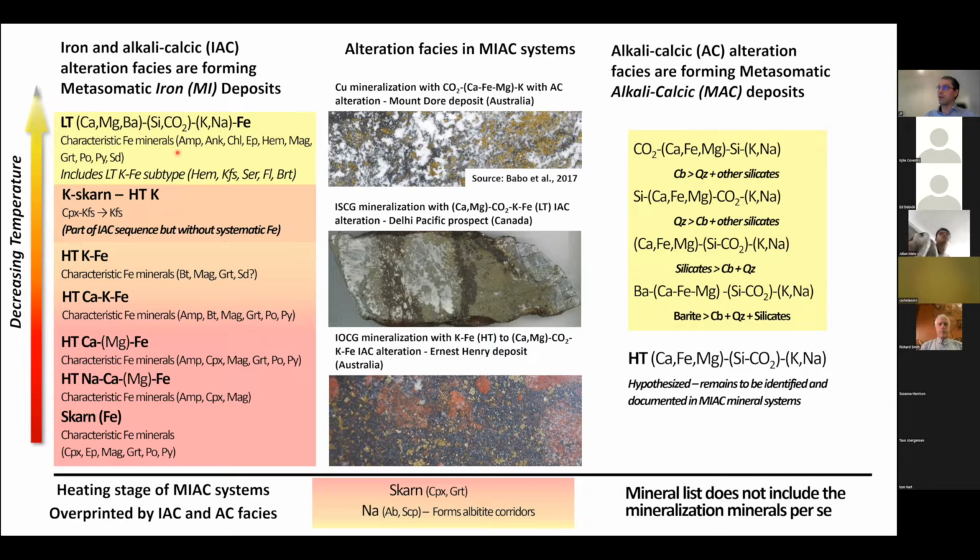As it gets to the lowest temperature stage, there's also an increase in the complexity of the mineral assemblages that can be formed, but also an increasing diversity of the type of mineral deposits that can be formed as well. And this is why there are much more elements that are present in association with iron at this low temperature facies compared to the higher temperature facies. Temperature is probably peaking in these metasomatic systems at about 800 to 900 degrees Celsius.